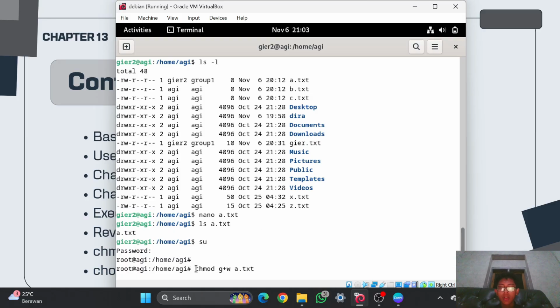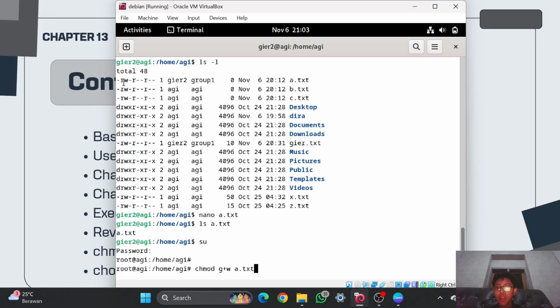So this command will add a permission in here to the group. So in here it will be changed into rw, and then also r for the other. I will tell you guys again.